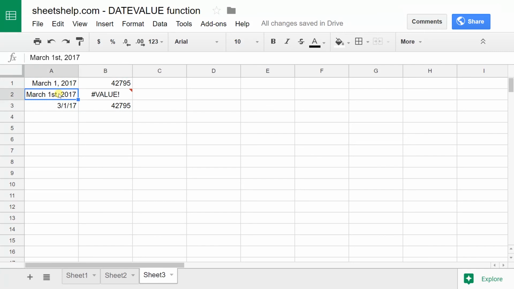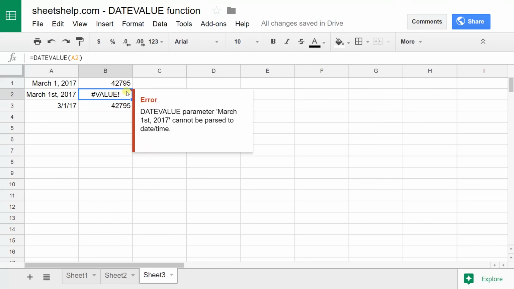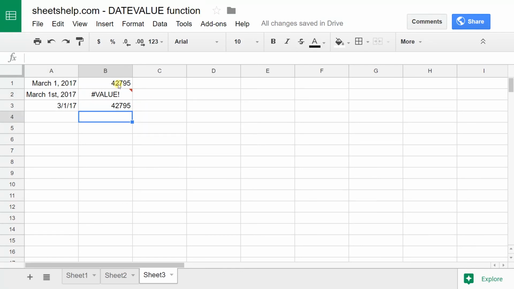Sheets can't figure out March 1st. It doesn't know what the ST means, and it's going to give you an error. And if you look, I just left clicked in there and it's telling me that, hey, I can't figure out March 1st. I'm going to show you that these values here that are just numbers are how Sheets works with